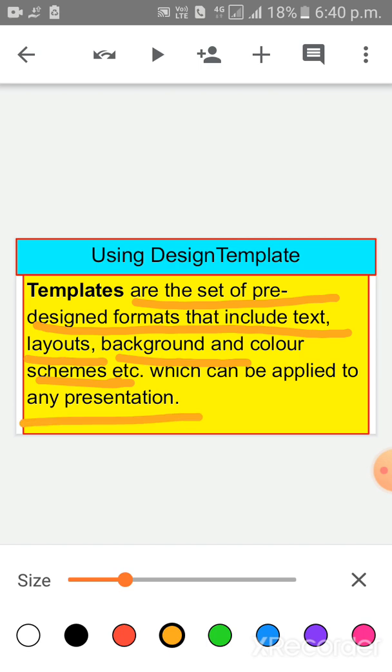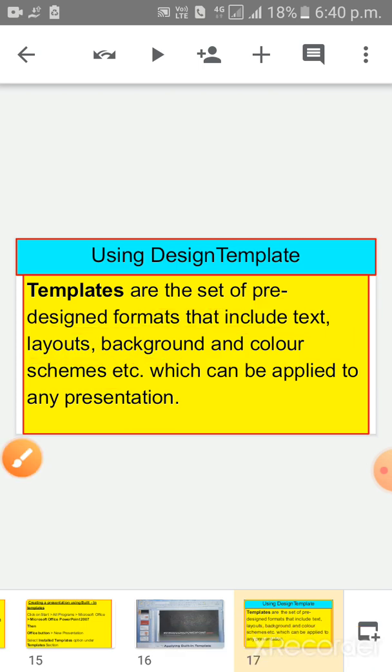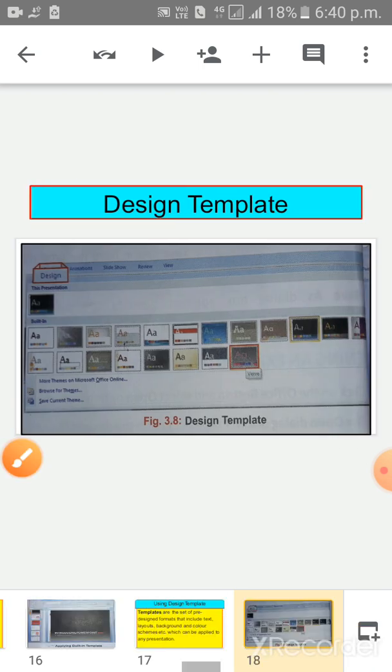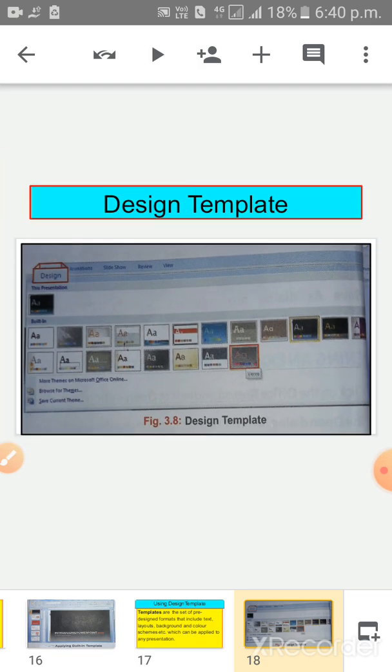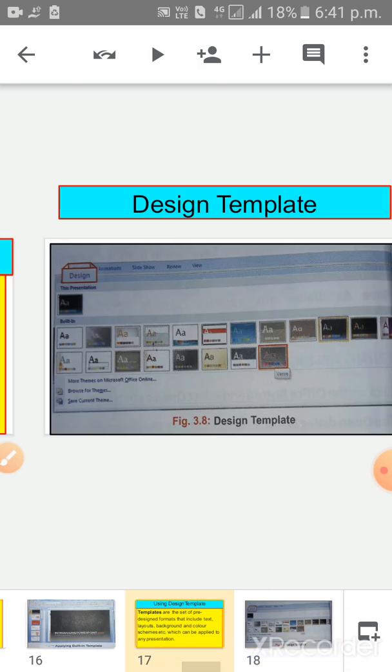Means design templates are a set of pre-designed formats. Children, this is the design template. This is the picture of a design template, which is a pre-defined format.